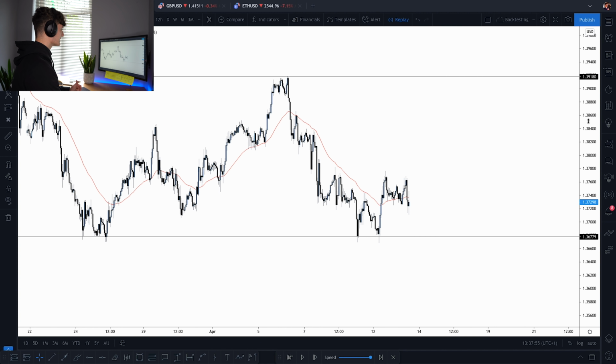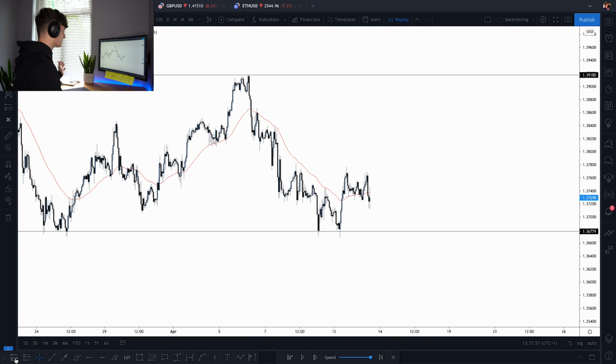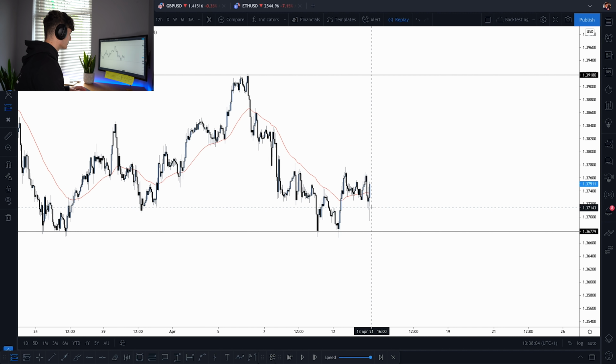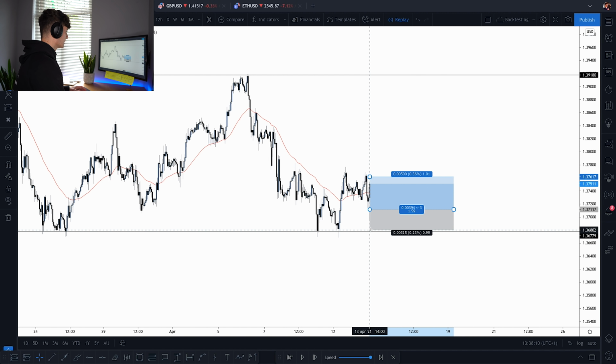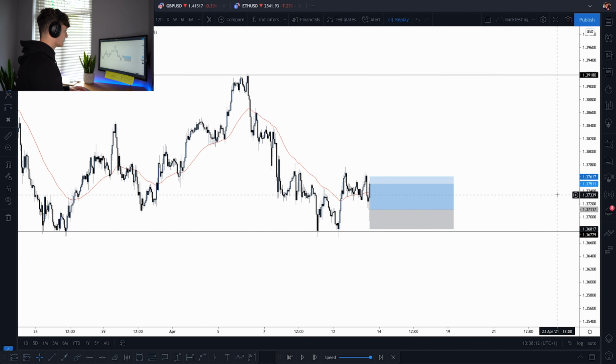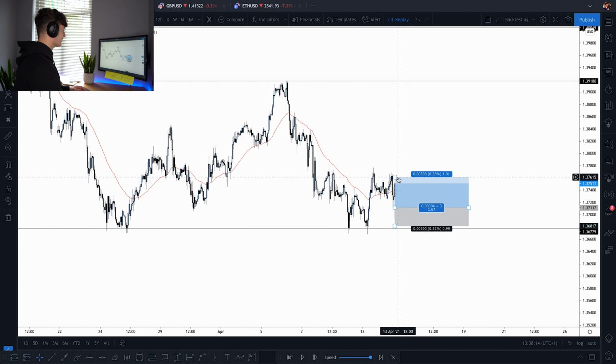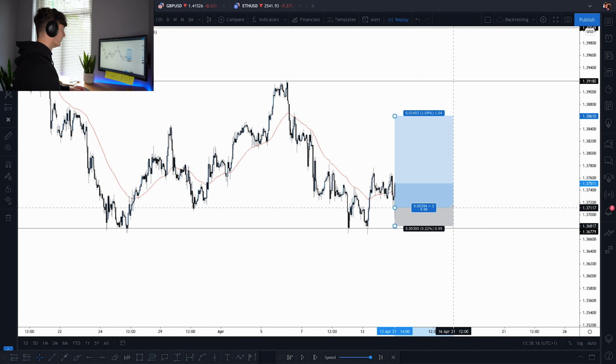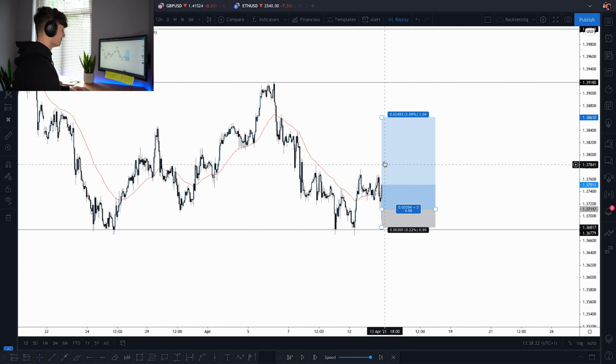So, let's say for example, I personally wouldn't enter the position, but let's just say you enter a position based on a retest of some level in here, right? So let's say you get involved with a 30 pip stop. Have you ever been in a situation where price will run maybe 1, 2, 3, 4, 5% in profit, and then if you're not managing risk effectively, it can equally